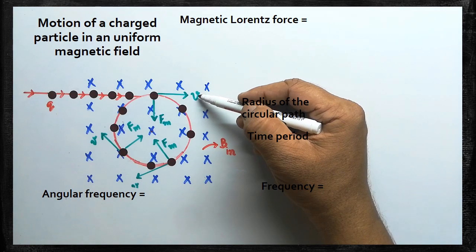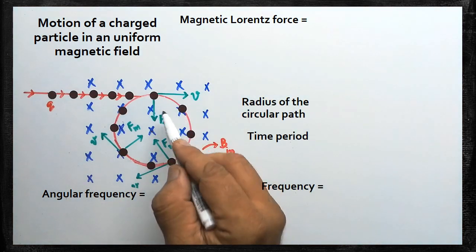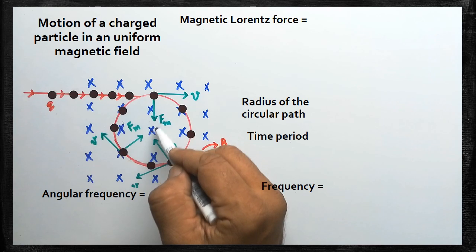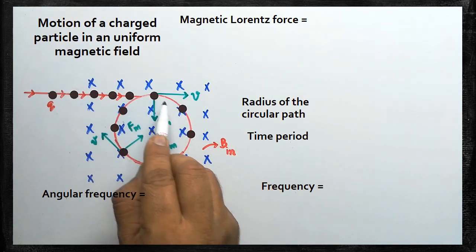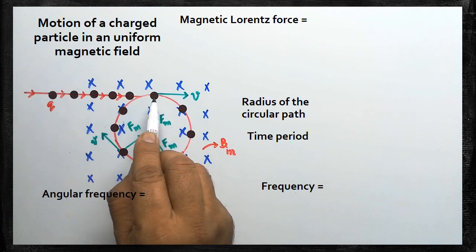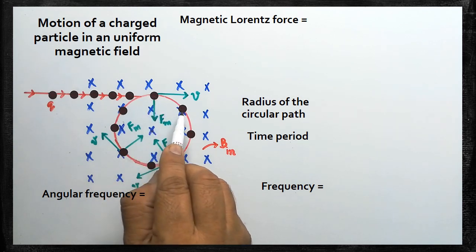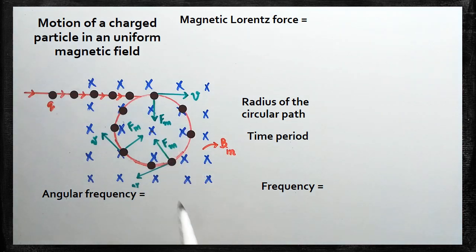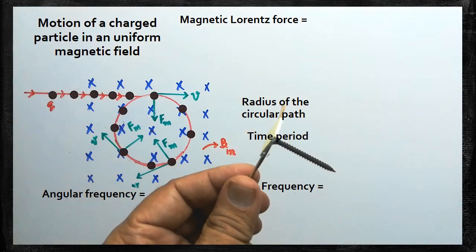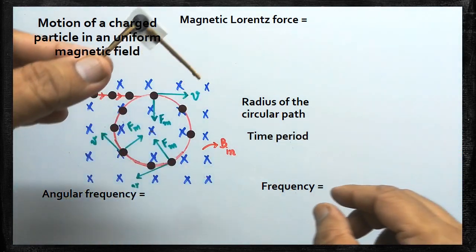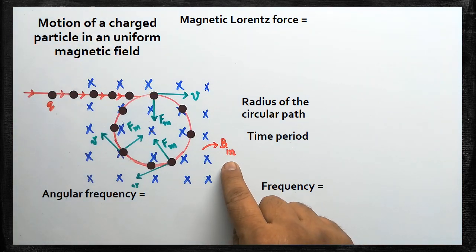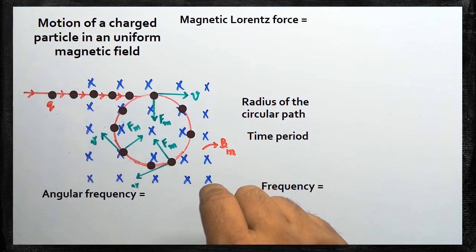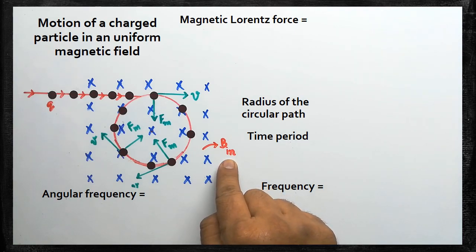So finally the particle won't move in the direction of velocity or in the direction of magnetic Lorentz force. The resultant direction of the particle takes place in this direction. So it takes a curved path. So the particle position changes from here to there. Here I am using a three-dimensional model. By using this three-dimensional model I will show the variation of the position of the particle. Here the direction of the magnetic field is acting towards inward direction, that is represented by the letter B in.